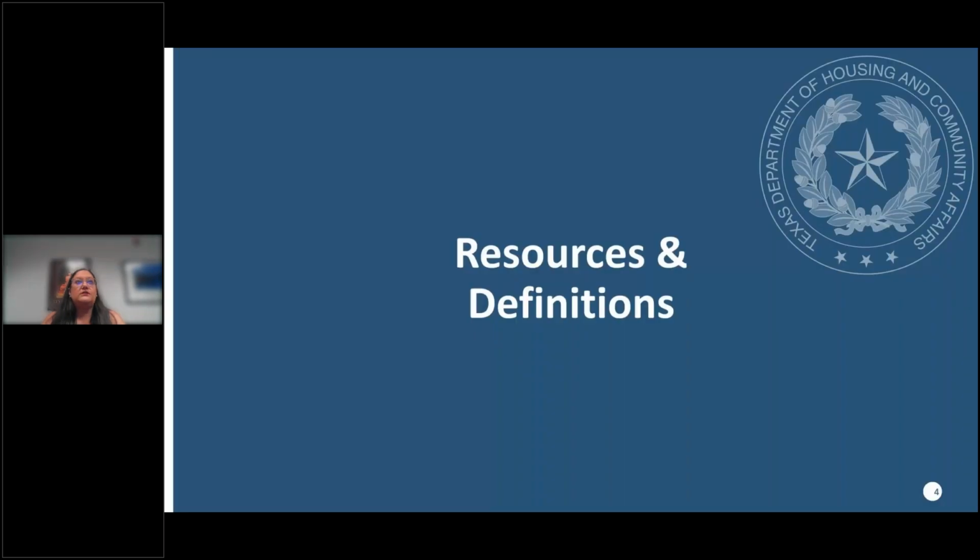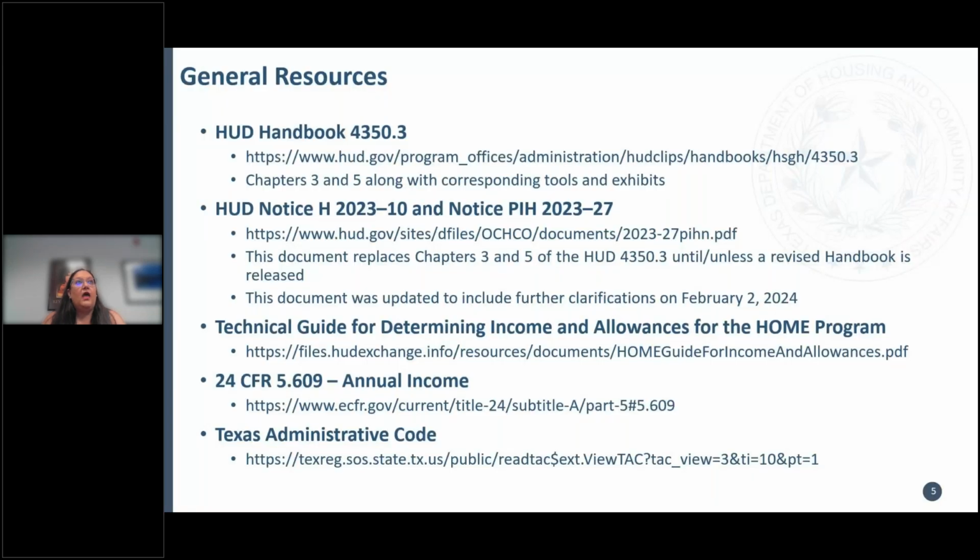So some resources and definitions that we need to talk about before we dig too terribly deep into the qualifying process. When the affordable housing programs were set up, the IRS, because remember a lot of these were set up through tax programs, said that, hey, we're not going to reinvent the wheel. We're going to use the HUD handbook because HUD has been determining income and qualifying households for many, many years. So we use the HUD 4350.3 as a guide for how to calculate income.